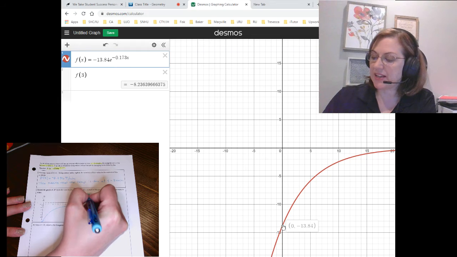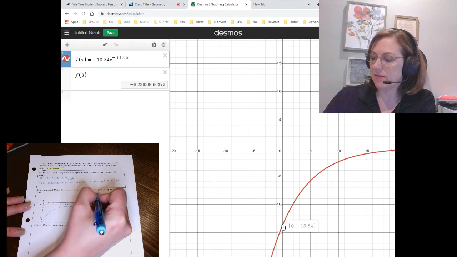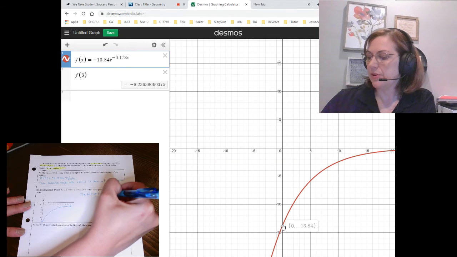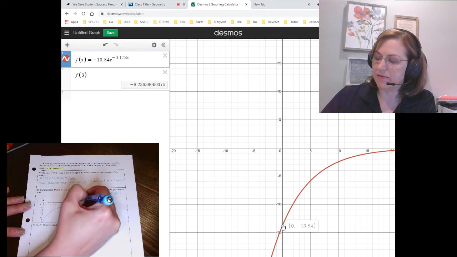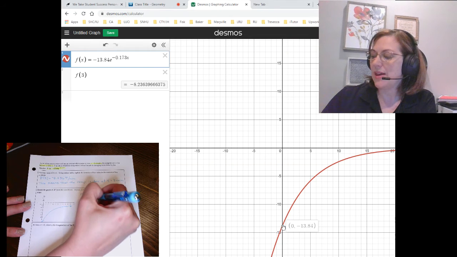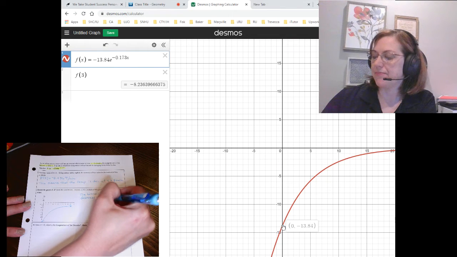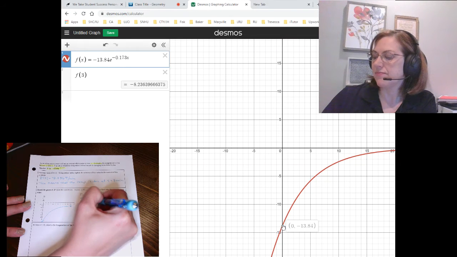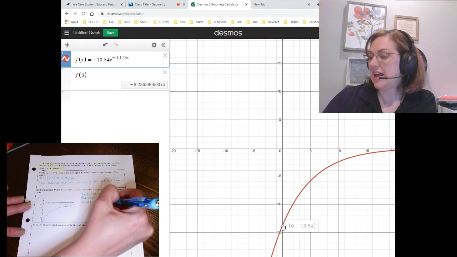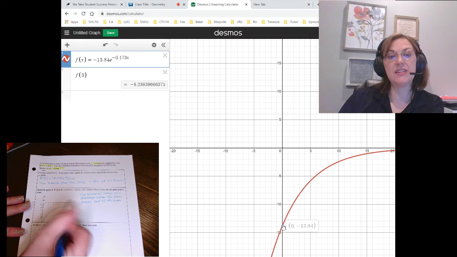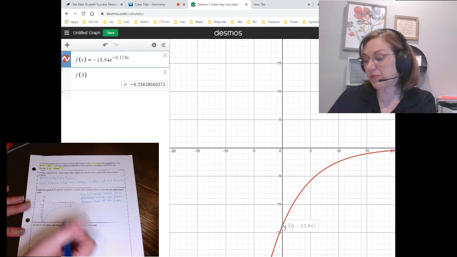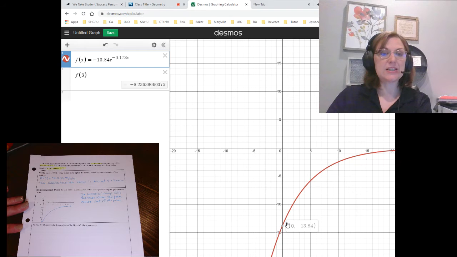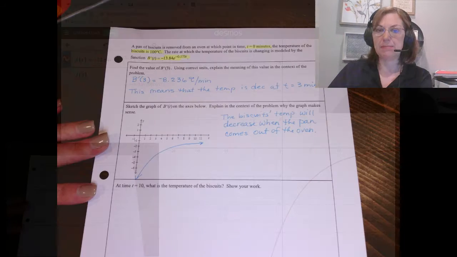We'll do the biscuits' temperature will decrease when the pan comes out of the oven. And this makes sense then that the derivative would be negative. The derivative would always have negative y values. Okay. And so let's go back to our view so you can see